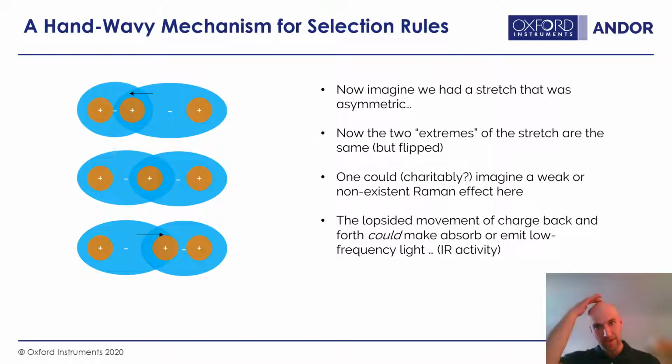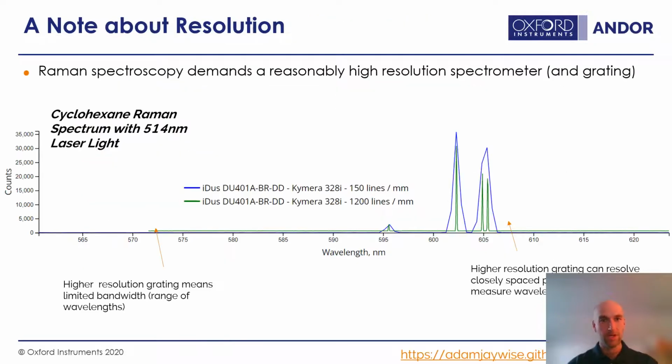That's a much more direct way to interact with the electric field, because we can simply radiate or absorb time-varying electric fields that way. So this lopsided movement of charge back and forth could absorb or emit low-frequency light, so IR activity. So to bring you to a conclusion for today, because I've gone for about 43 minutes,